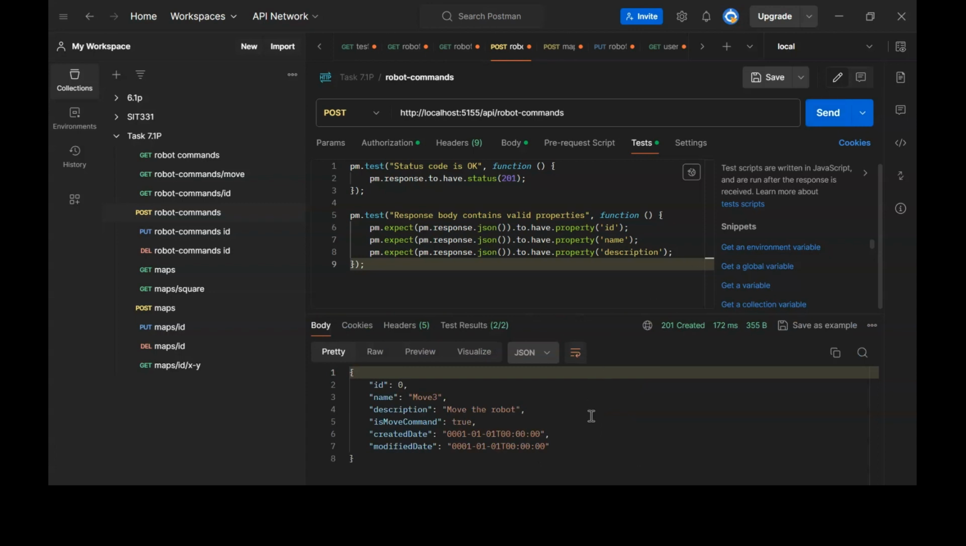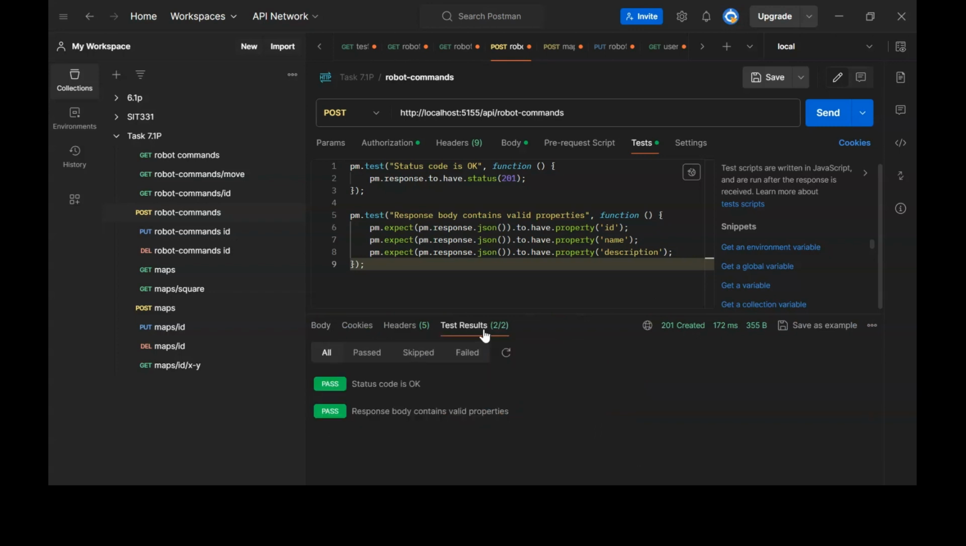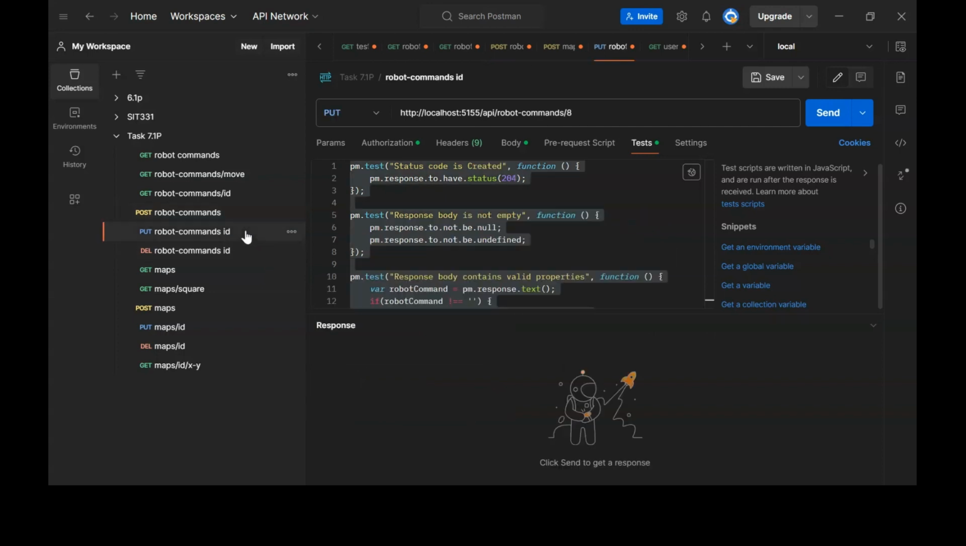Hence, it has created a robot ID with 0, name move3, and description move the command, and here are the test results which have been successfully passed. 200 for status OK and a response body containing valid properties like ID, name, and description. Moving on to the next one,